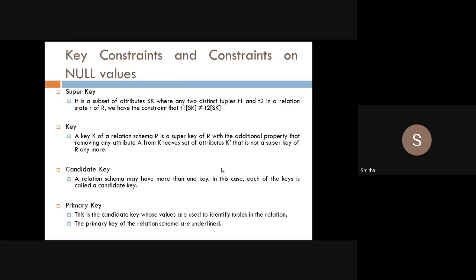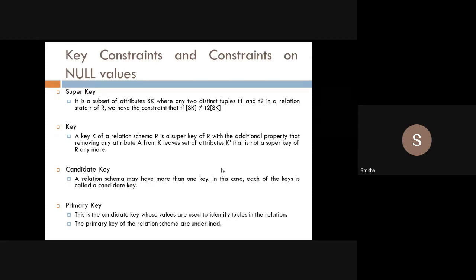Now if I take USN and student name, it is a subset of attributes. So USN and student name is a super key, a subset of attributes. We denote it using SK.